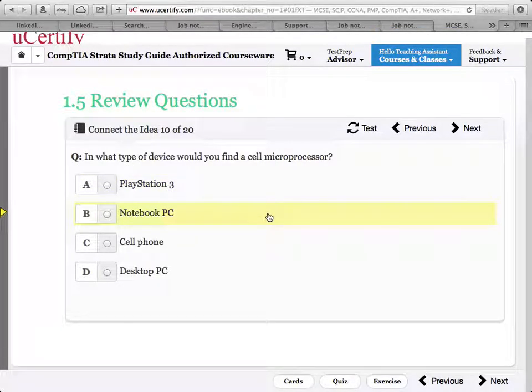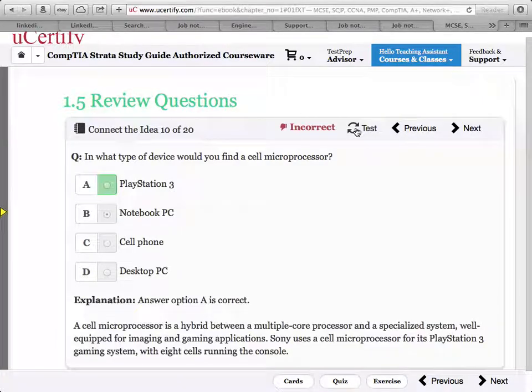In what type of device would you find a cell microprocessor? Cell microprocessor. Take cell phone because I have cell. What did we take? A notebook. No. A cell, meaning a kind of device that is not fully a computer but still does processing like a computer.